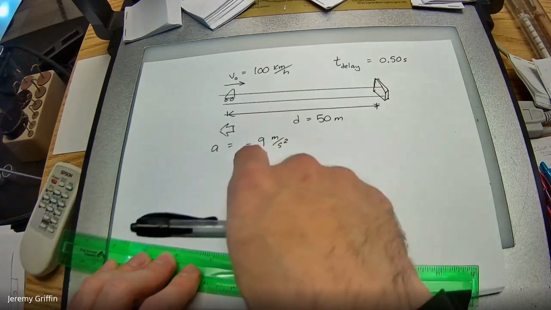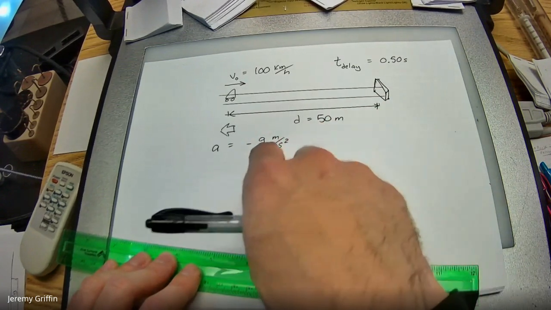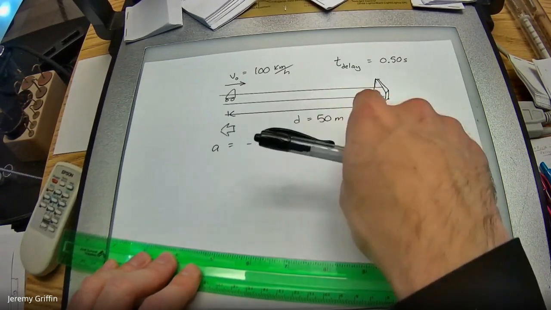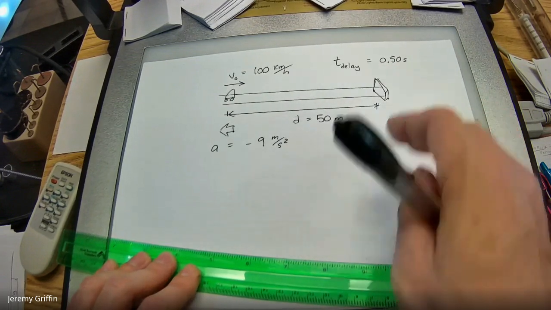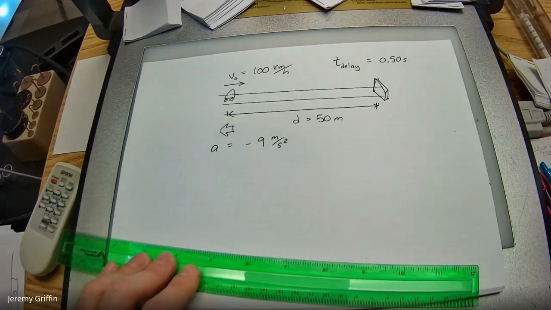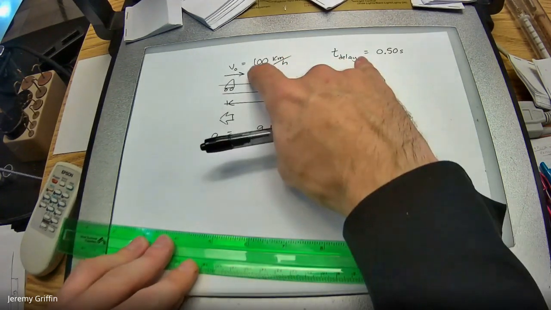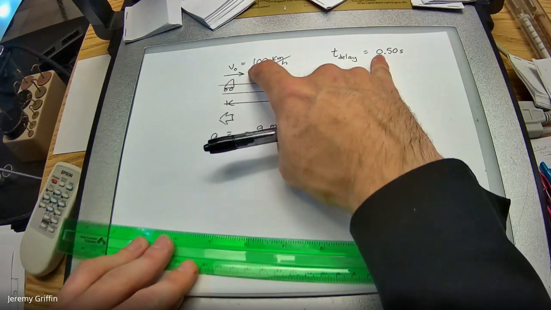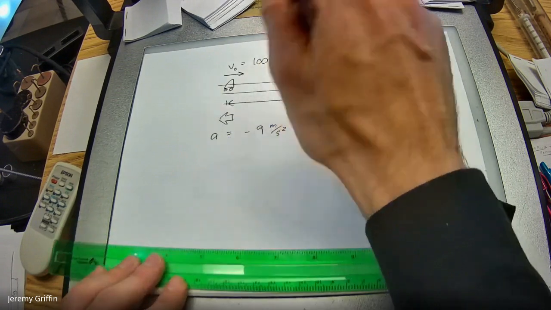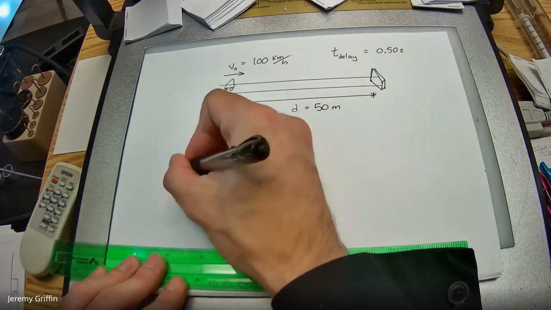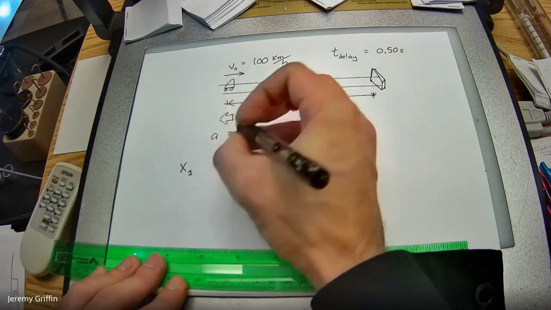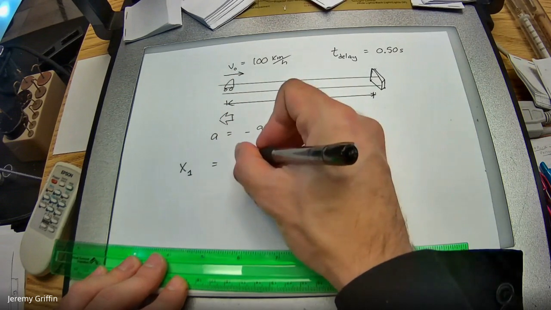Okay. Do you guys think that we could probably solve this and just figure out where he would stop? If it's before 50 meters, he's okay. And if it's after 50 meters, he's in trouble. It's really going to be two parts that we're going to put together, because there was a brief time interval that he was actually driving at constant speed. So let's do that first. Let's say the constant speed part, I'll call it x of 1. Isn't that just speed times time?